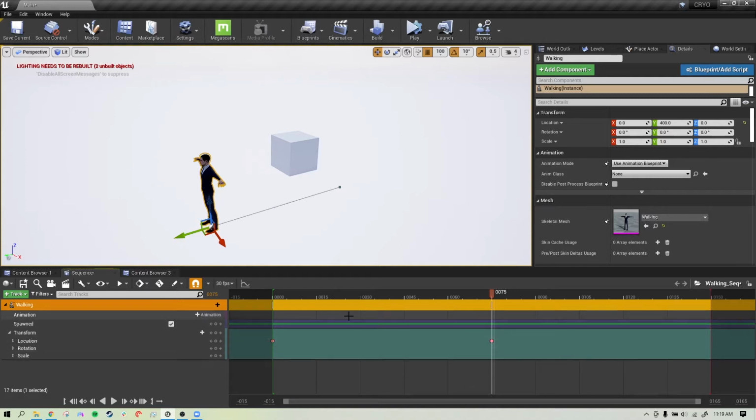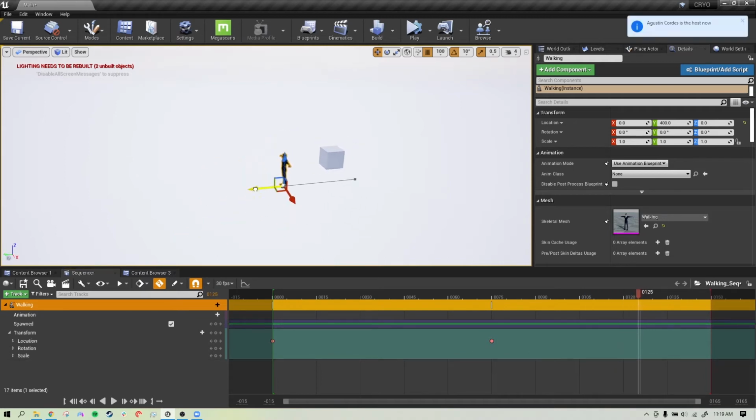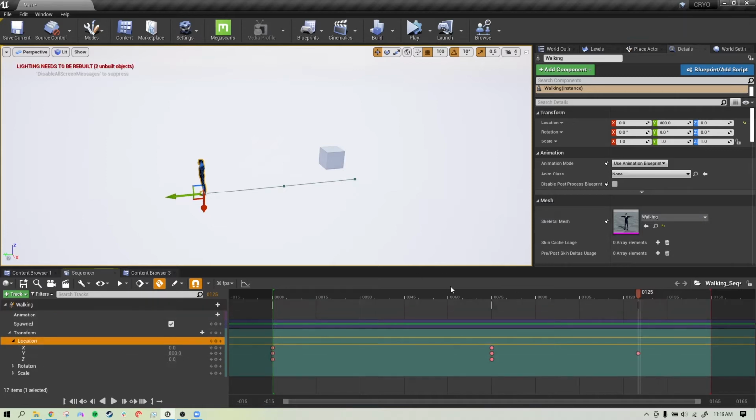Or the way that I like to work is just hitting this button so that it's auto keyed. So then next time I move him, it's just going to set a key automatically just for the value that changed. So whereas before I was setting a key for all of the location values, this time it just set one for the one that I changed. So cool, he's moving along,